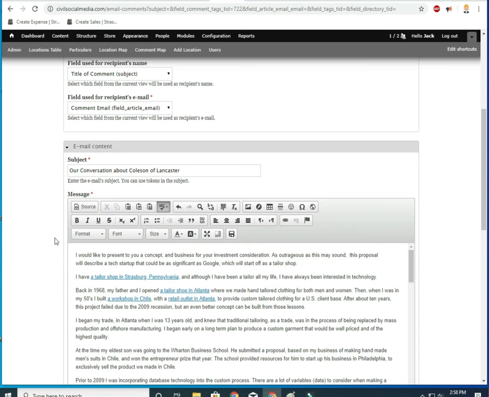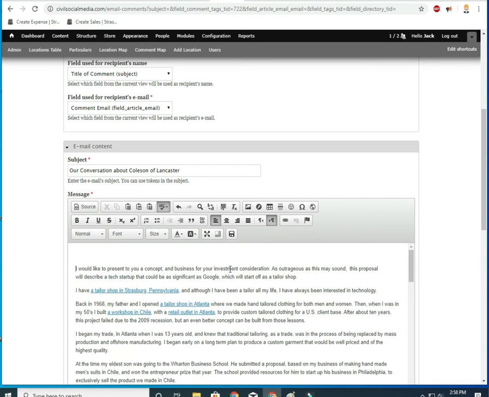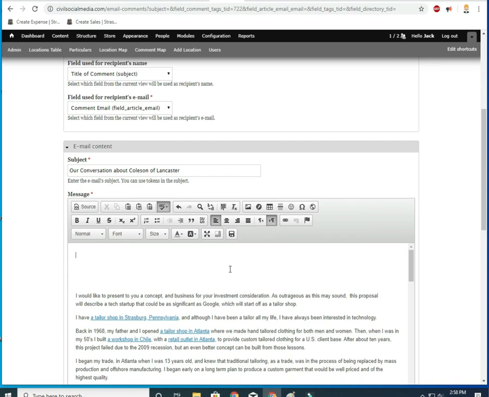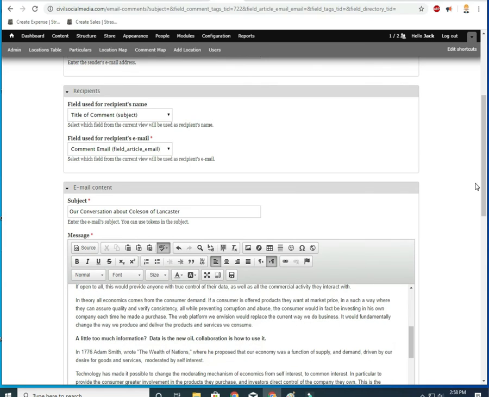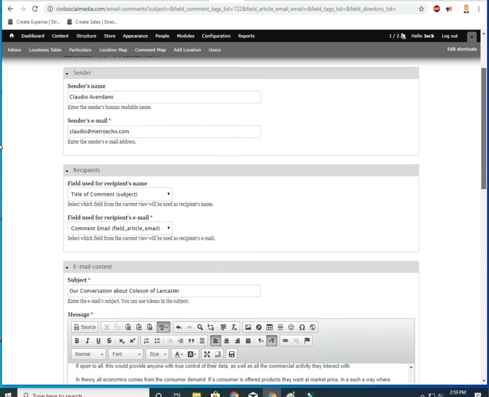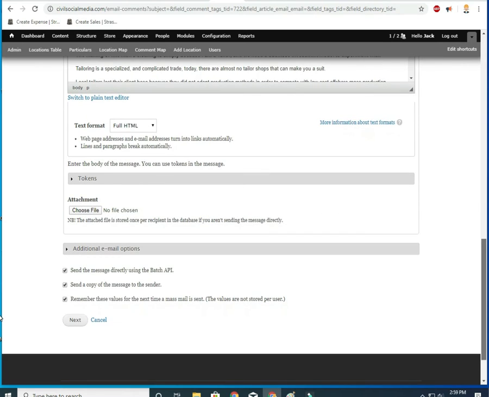Then you can add, you're creating an email here basically, so you might want to put in here, you know, greetings, or a little note that you might have remembered specific to the person that you're sending or to this particular email, and you would type that in, and whatever information you want to put. This is going to be the email that's going to be sent, and you can send this to as many people as you want. But here it is formatted, ready to send, and you go down here to the bottom,